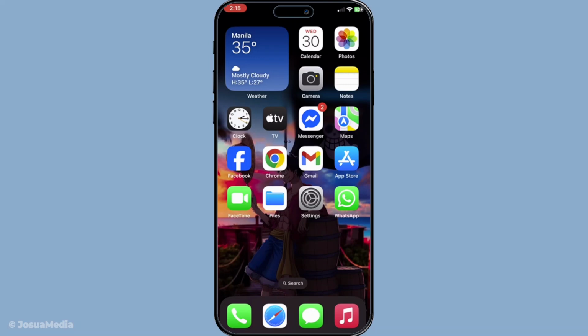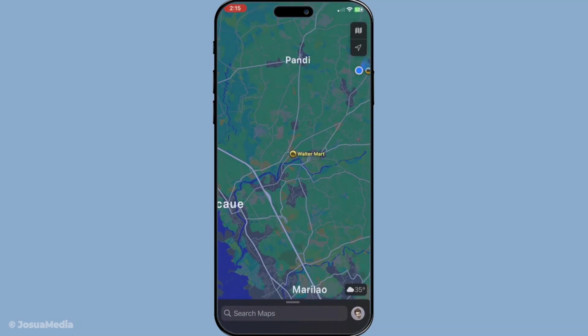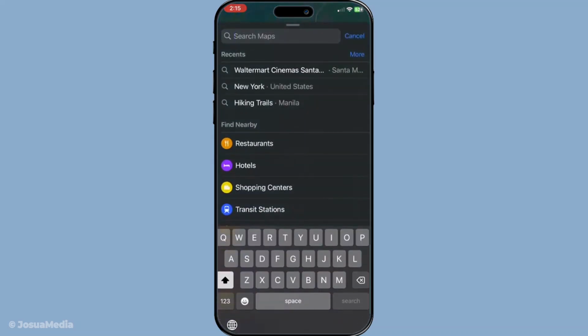First, let's kick things off by opening the Apple Maps app on your iPhone. It's usually located on your home screen or in your utilities folder if you've tucked it away. Once you have the app open, go ahead and enter your desired destination in the search bar. You can simply type in the address, the name of the place, or even a point of interest if you're